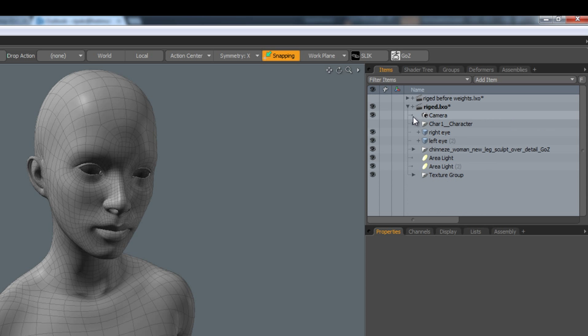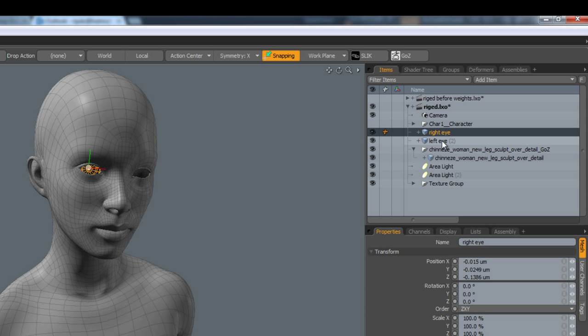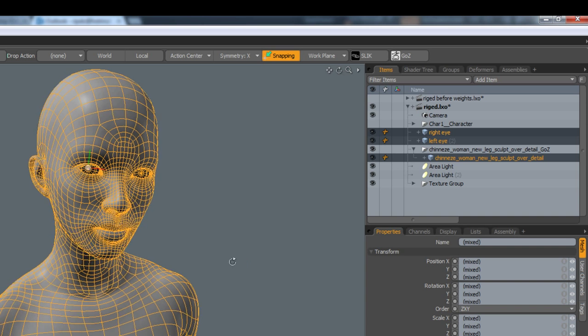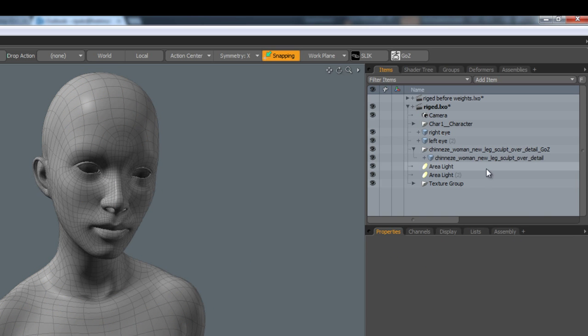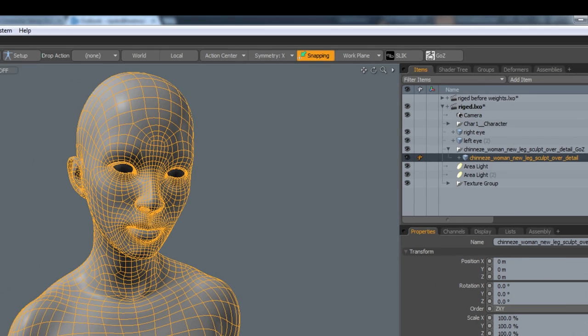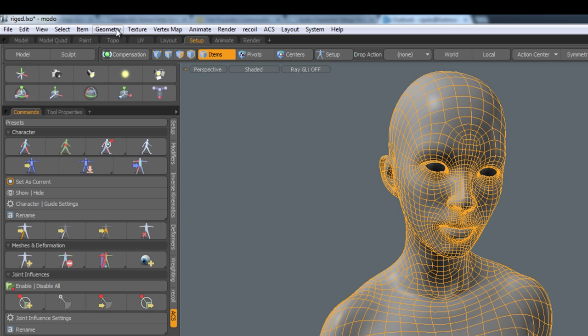And as I said, if you've already been working with GoZ before, then you'll see the folders, and you want to put these into the correct folders. So what I'm going to do is select these in the items selection. In fact, you only have to do it with the model. These rigid meshes you don't have to freeze, but only the bound mesh you do have to freeze. So you click on that and you go to geometry